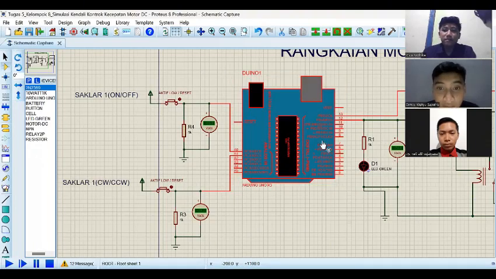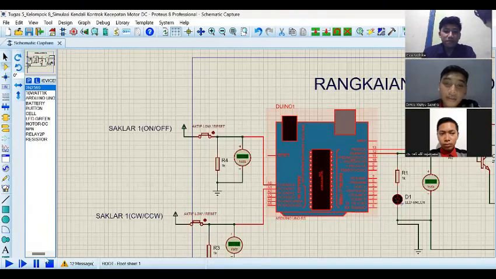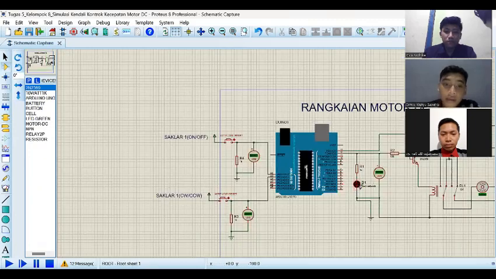Then we run them according to the coding command. If PB1 and PB2 are not pressed, then the switch is open and the motor does not rotate.